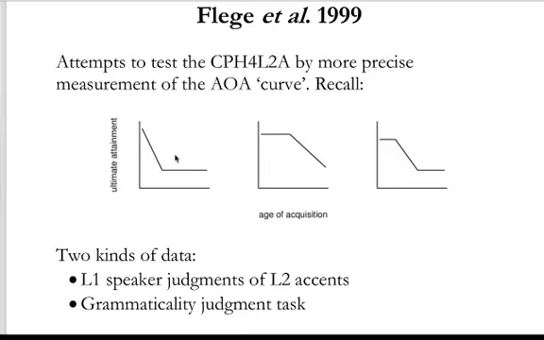Now, this kind of schematic plot doesn't show exactly what should be on this vertical axis, and this is going to be important. It's just labeled ultimate attainment here, which is really a notion relating to grammatical competence, to language as an information processing system, a computational level theory. Of course, we only get to directly examine specific tasks and specific linguistic behaviors. Most of the papers we've seen so far in the second language literature, at least, are looking at these grammaticality judgment tasks. These surely reflect grammatical competence, but they're not the only thing that reflects grammatical competence.